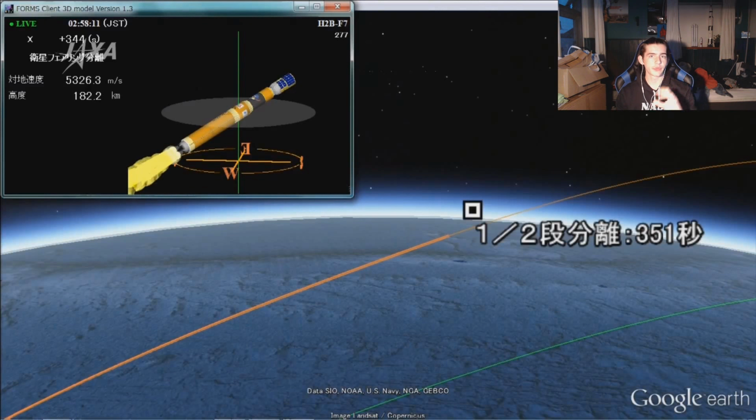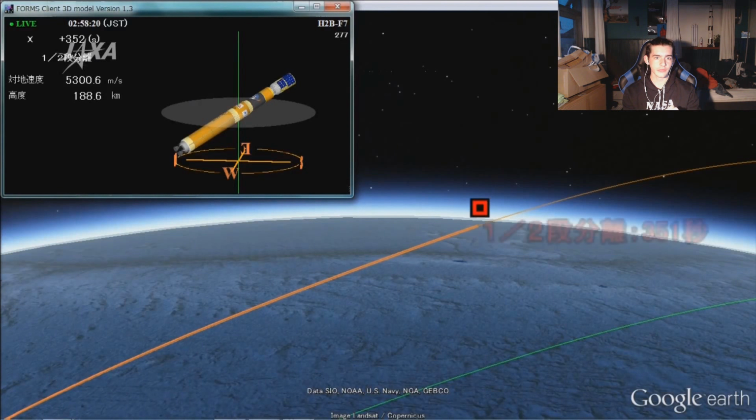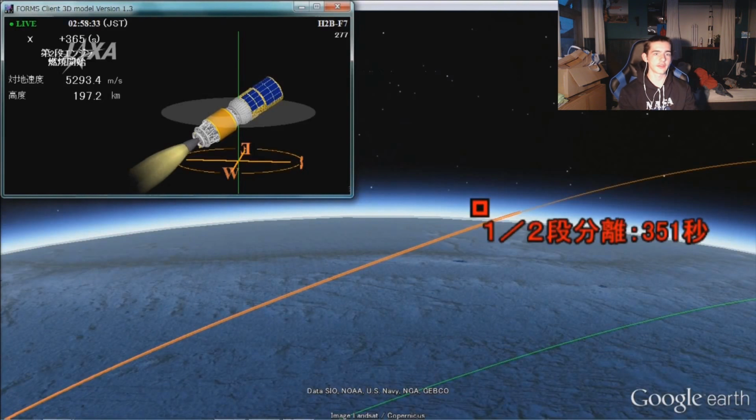So their orbit injection. Then we have the first stage engine cut off, and stage separation. Separation of the first and second stages. Firing of the second stage, yes. That's important. So the rocket is going to drop it off in a 240 by 240 kilometer